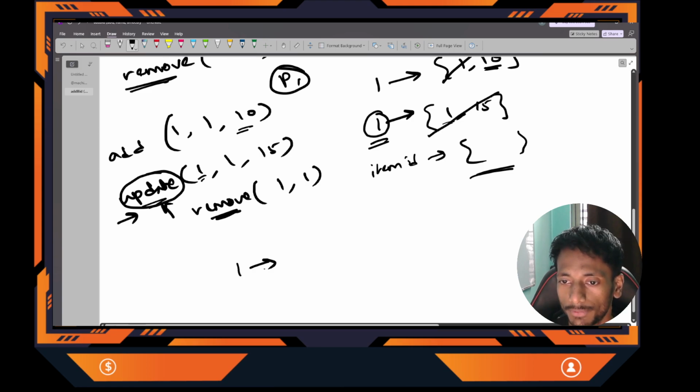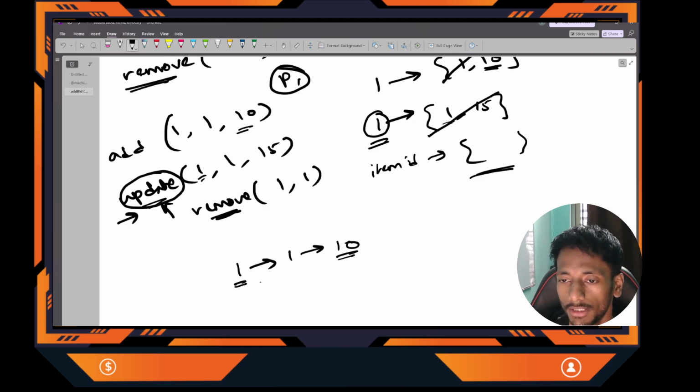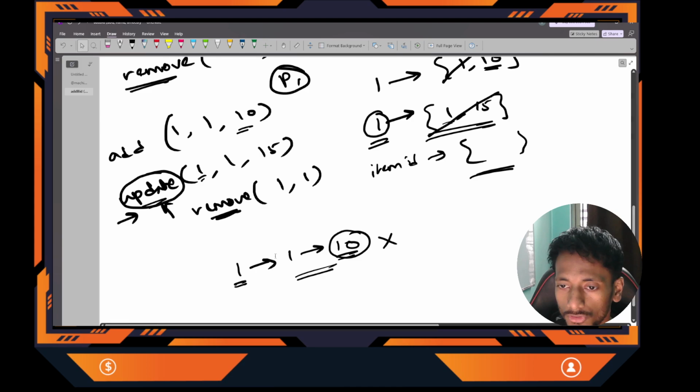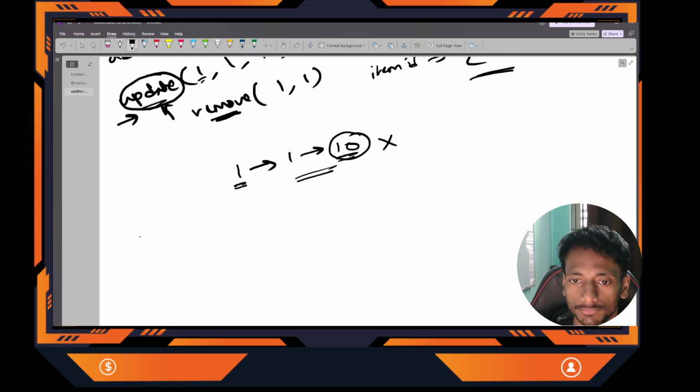So previously for this item 1 for user 1, the bid amount was 10, right? Now the second time when I'm trying to update the bid amount, we first have to remove this value from this map or sorted vector, invalidate it, because this data is no longer valid since the user has already modified the value. So that's why we need to know what the previous value was for this user ID. Correct? So for that we can use a 2D map